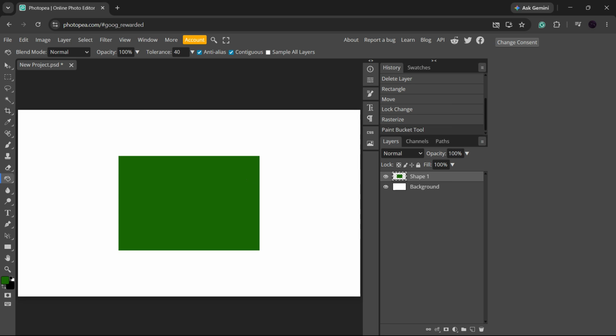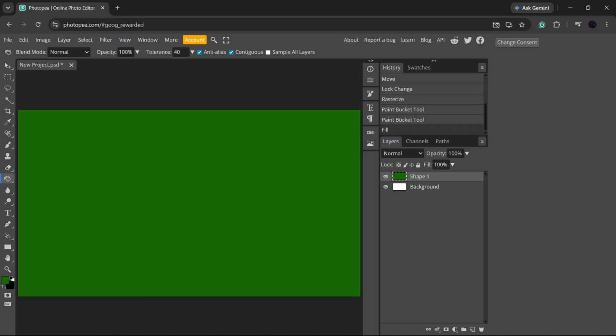Now let's move on to the second method, which is the shortcut method. This is especially useful if you already have a selection active, shown by the marching ants around your object or area. It's also great if you want to work faster without constantly switching tools. If you want to fill with your foreground color, use Alt plus Backspace on Windows or Option plus Delete on Mac. This will instantly fill your active selection or layer with the color you currently have selected as your foreground